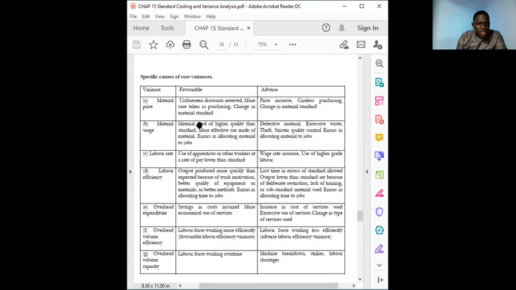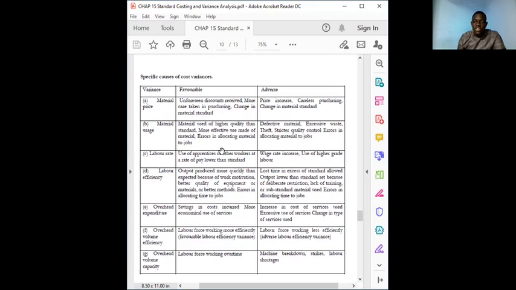What of material usage variance? Now, material used of higher quality than standard. There will be a favorable material usage variance when the material used is of a higher quality than the standard. More effective use made of material, errors in allocating material to jobs. This may cause a favorable variance. Now, adverse variance in material usage may be defective material. We didn't use the right type of material. The materials used were defective, and therefore, it may cause us to use more materials than needed. Excessive waste, theft, stricter quality control, errors in allocating materials to jobs. These are things that may cause